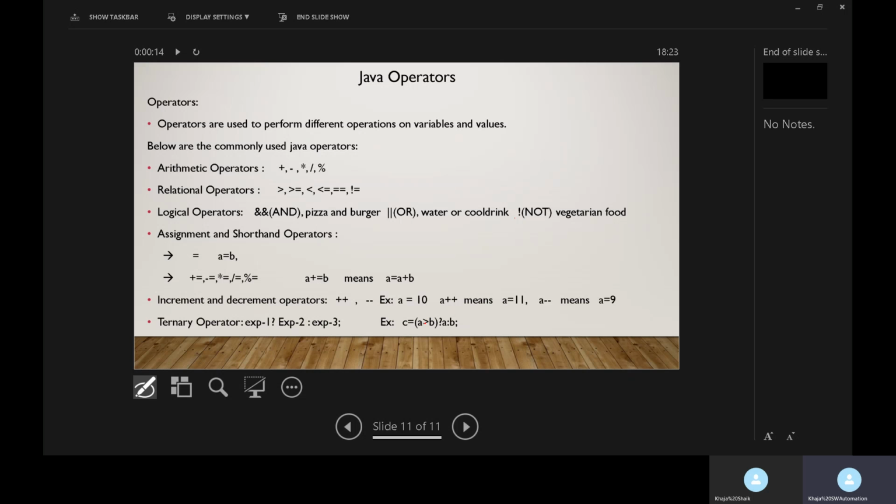If A is greater than B, if it is true, then A will be stored into C. If A is greater than B, if it is false, then B will be stored into C. Like this, here we use the operators. We will use these operators in coming programs based on the requirement and based on the programming